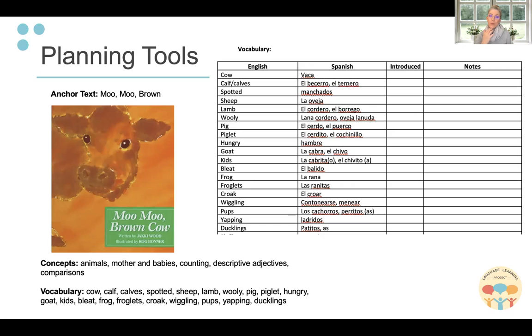The notes column could also be for staff members. So if you do not speak the language of the children, you may have staff members who are working with the children that speak that language. You'd want some notes so that you can see what days, what times your staff have been introducing the words so that you're staying in sync with each other and that you're aligned in your planning and your preparation. So, vocabulary selection is key. The tools to help you plan really help you keep very organized and prepared.